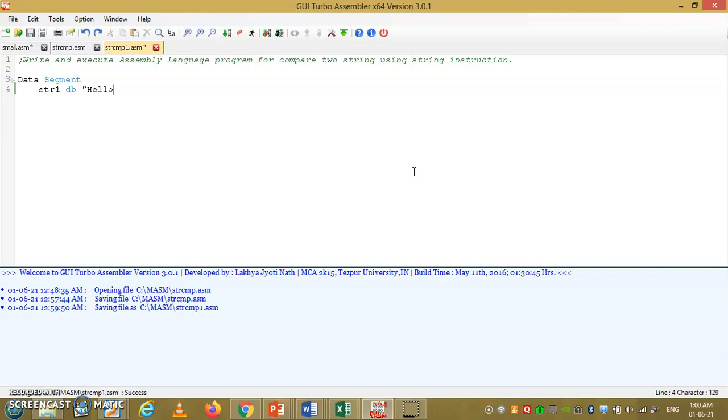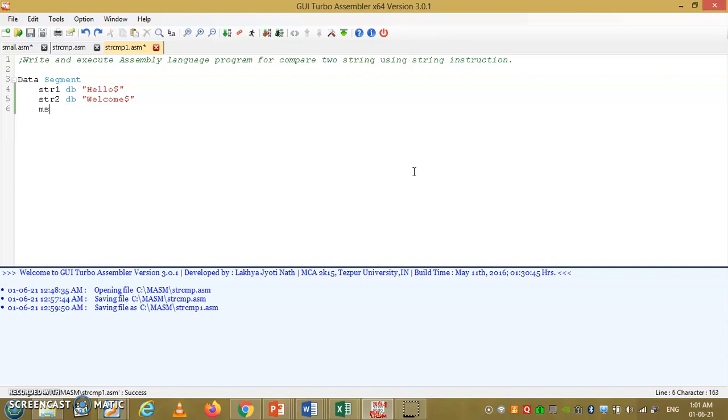Suppose the string given is hello, and in assembly language a string is always closed by the dollar. The second string we will declare, str2 DB, suppose the string given is welcome. Once again the string will close by the dollar.